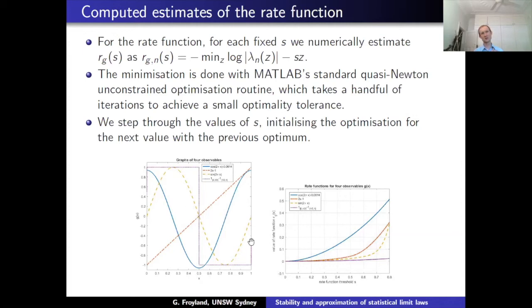So here are the observation functions again. And on the right, this is my rate function. Notice that the maximum value these functions take is 1. So if I were to extend this threshold out to 1, the rate functions all have to diverge to infinity. In fact, once you get to about 0.8, you start to run into some numerical issues. It gets more and more difficult to converge, and that's because you're getting close to this place where the functions have to diverge.